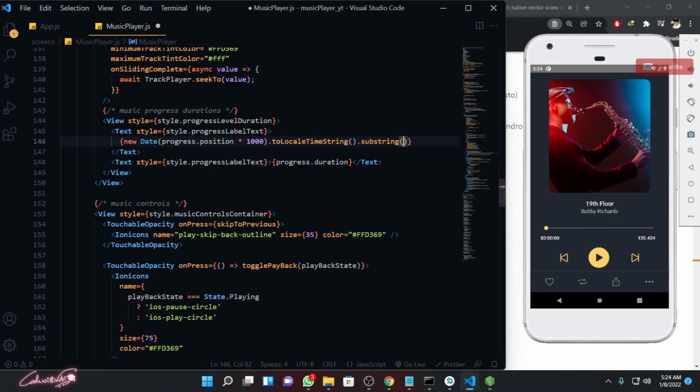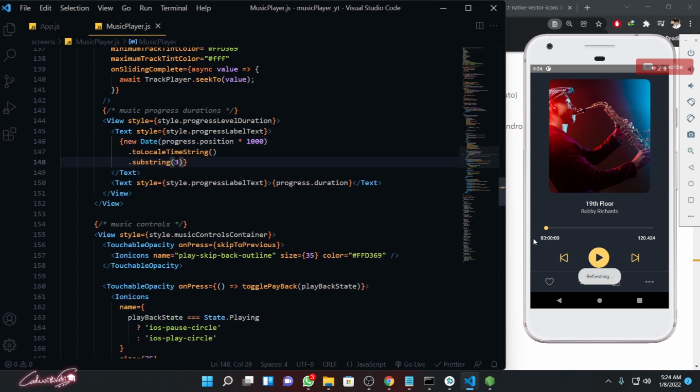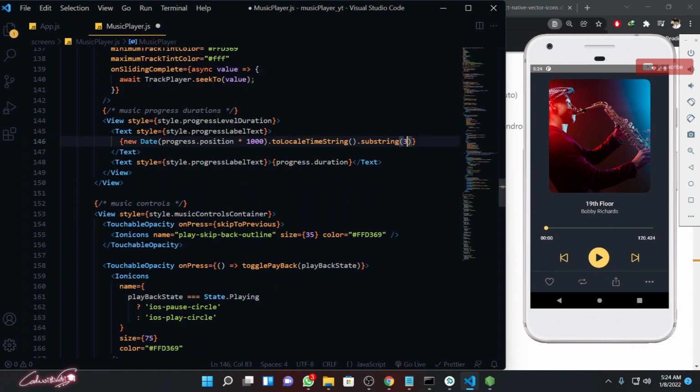Yeah, so we need to bring it to start from 0, 1, 2 and 3, the third position. So now we are getting the seconds over there. You need to do the same thing for your